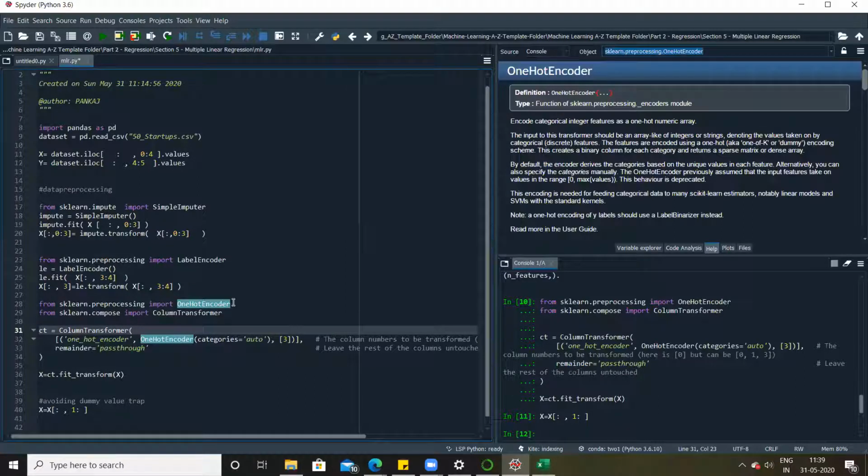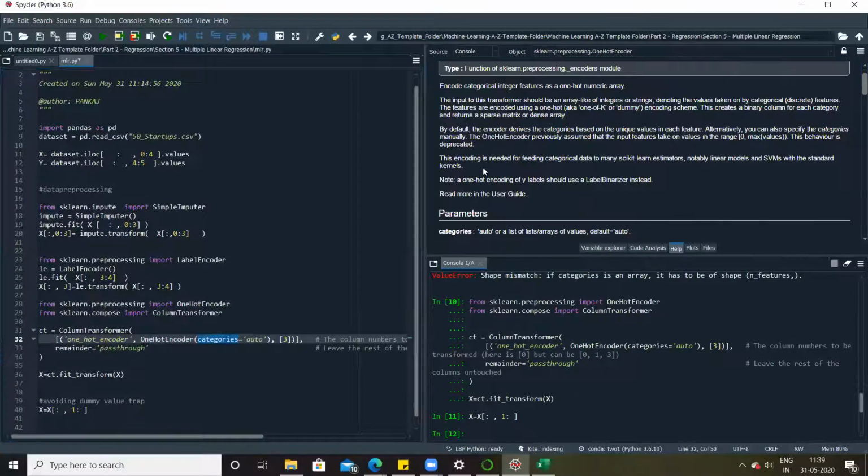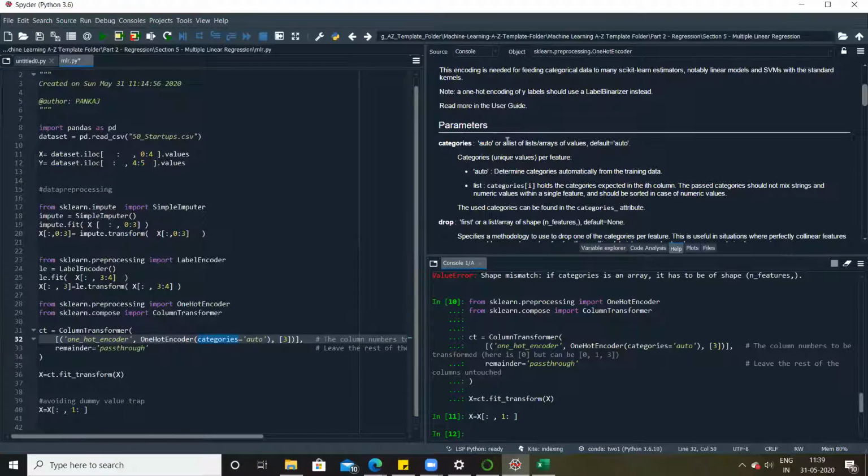So the question is, what does this auto mean? It determines the categories automatically from the training data. Is that clear, Ashu? So it automatically defines what the different categories are.